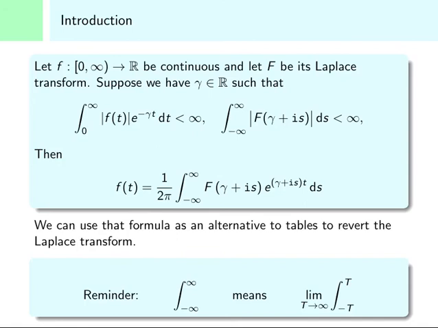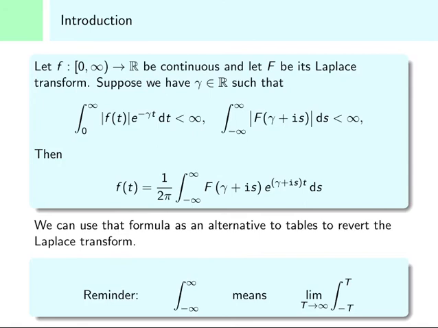The original function f of t equals 1 over 2 pi times the integral from minus infinity to plus infinity of capital F of gamma plus is times exponential gamma plus is times t ds. So in principle, we can use that formula as an alternative to tables if we want to revert the Laplace transform. At this point, we recall the following fact, namely, the integral from minus infinity to plus infinity is actually